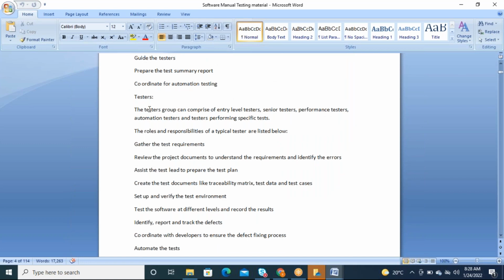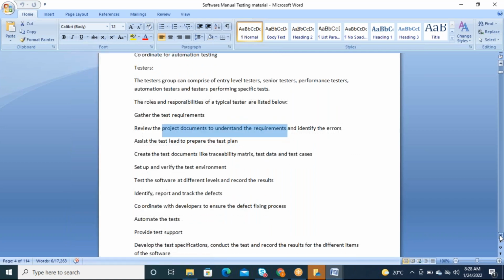So testers, in the sense, we are the testers in the testing team. Our responsibilities are gathering the test requirements. Gathering in the sense, we should not gather exactly, like the requirements will be placed in one shared folder, or in any defect management tool. We have to go through there, review our project related documentation, and understand the requirements. And we can